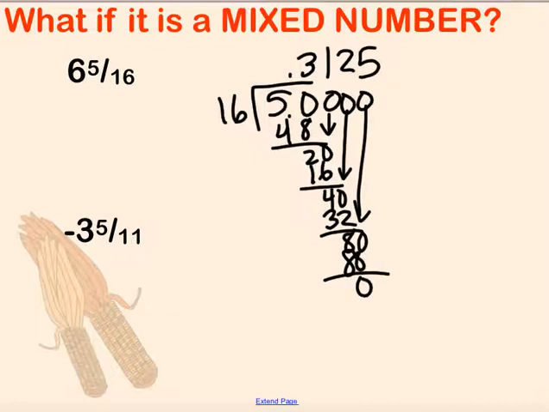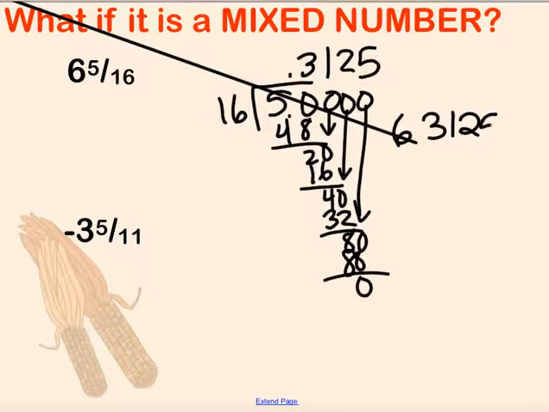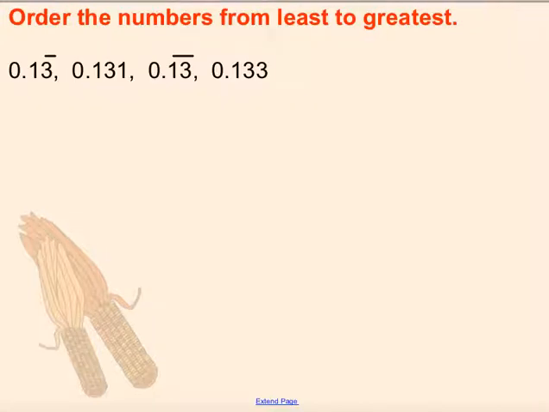So we see I can just take the fractional part of my mixed number and divide it and get 6.3125. This is a terminating decimal. Whereas if I did negative 3 and 5/11ths, I would see that I would get negative 3.45 repeating, and you can try that on your own. But really you only need to divide the 5/11ths. Yes, you could turn it into an improper fraction. It's not necessary. Now the last part of this lesson is being able to order numbers, especially our decimals, least